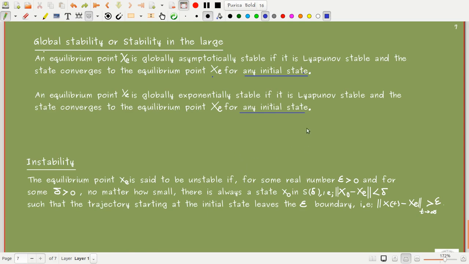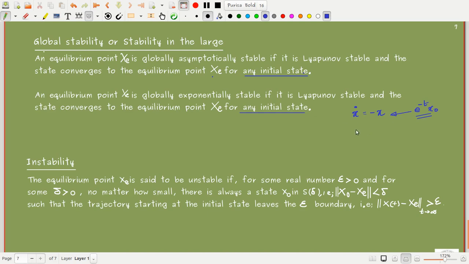So one point about exponential stability. For example, if I have x dot is equal to minus x, we know that the solution is of the form e raised to minus t x of 0, right? That means it is showing exponential decrease in the system. The solutions are exponentially decreasing. So that is about the exponential stability.